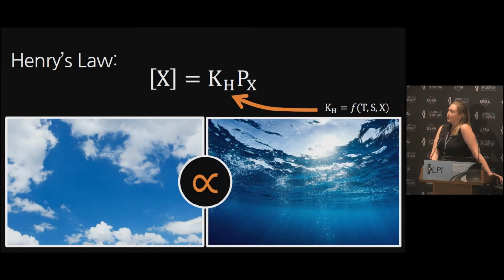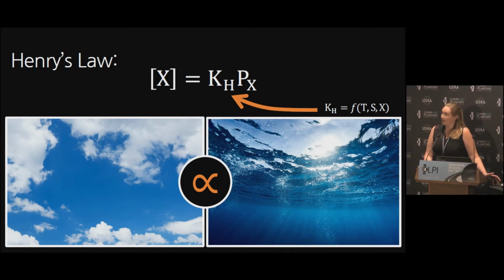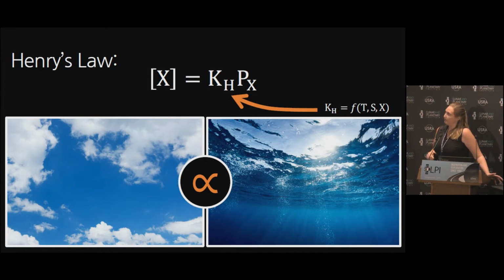So those of you who are familiar with Henry's law might think that this is a relatively straightforward task. And that's because what Henry's law tells us is that the concentration of a gas dissolved in water at the surface of our planet is equal to its partial pressure in the atmosphere times the Henry's law constant. And that constant is specific to each gas, and then it's further influenced by environmental conditions like temperature and salinity. So in other words, atmospheric composition is proportional to ocean composition, or at least in this idealized scenario.